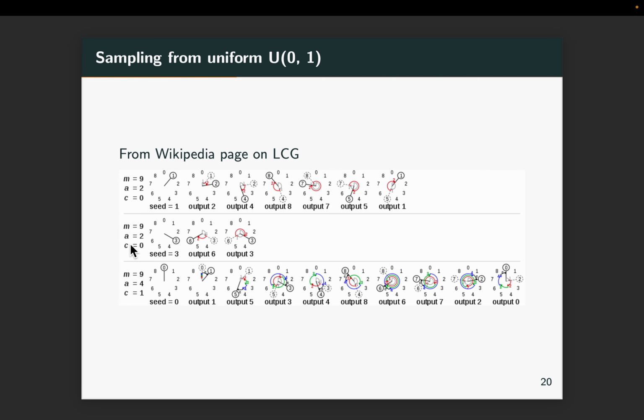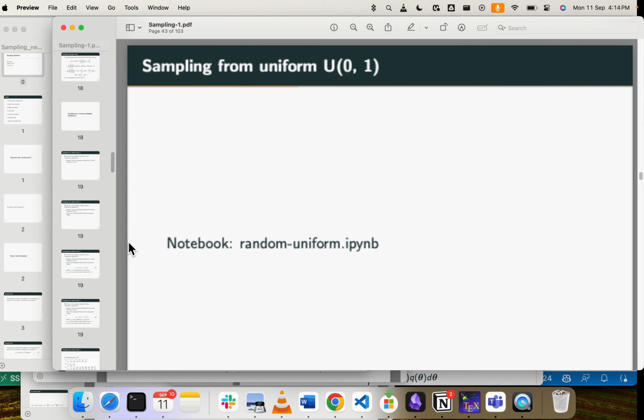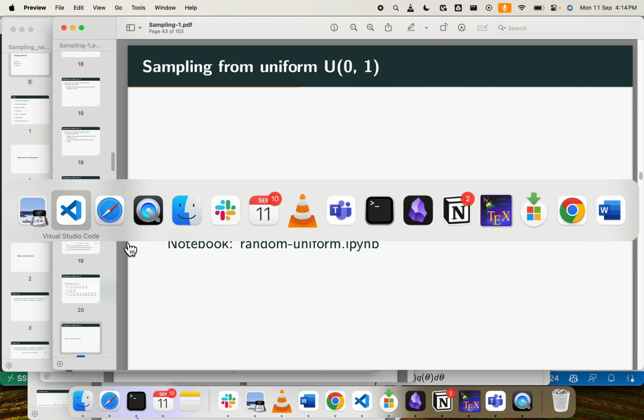So now you have defined the source of randomness. But here you're getting numbers between 0 to 8. This is not what you wanted. You wanted a random uniform number between 0 and 1. How do you transform this? Whatever number you get through this, you divide by 9, right? So it seems like a very simple algorithm, but this seems to work well. Now if you look at some code for the same,